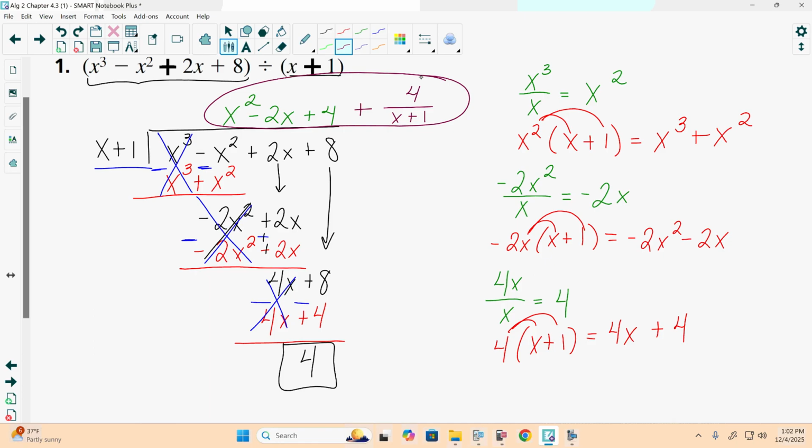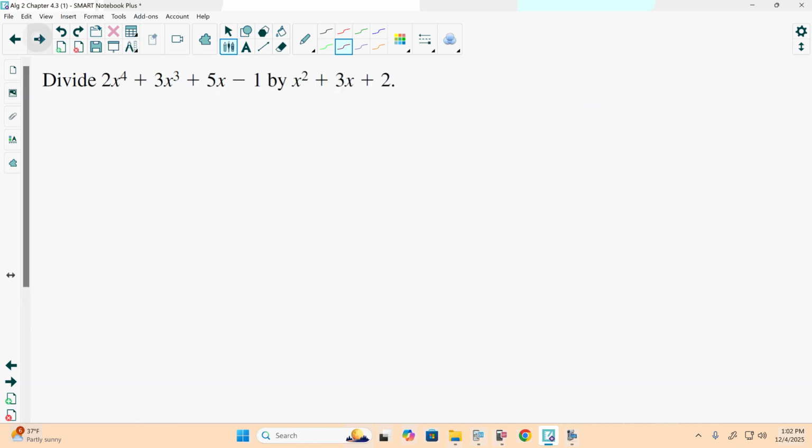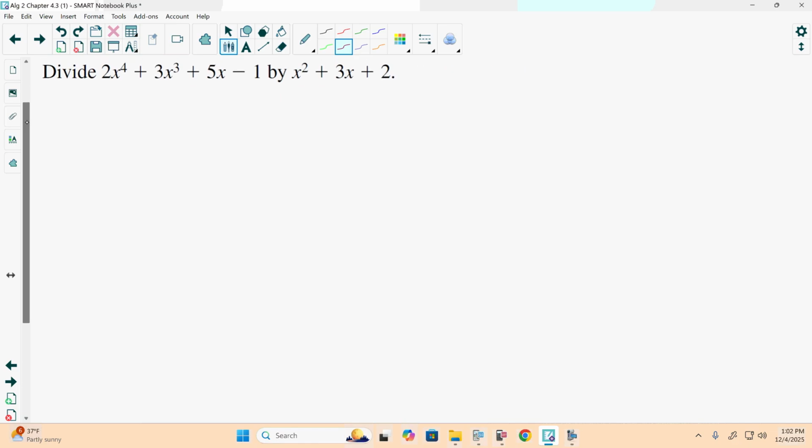Are you ready for the next one? So we want to divide 2x to the fourth plus 3x cubed plus 5x minus 1 by x squared plus 3x plus 2. So we'll put our division symbol and start filling in our spots inside. So we have 2x to the fourth plus 3x cubed